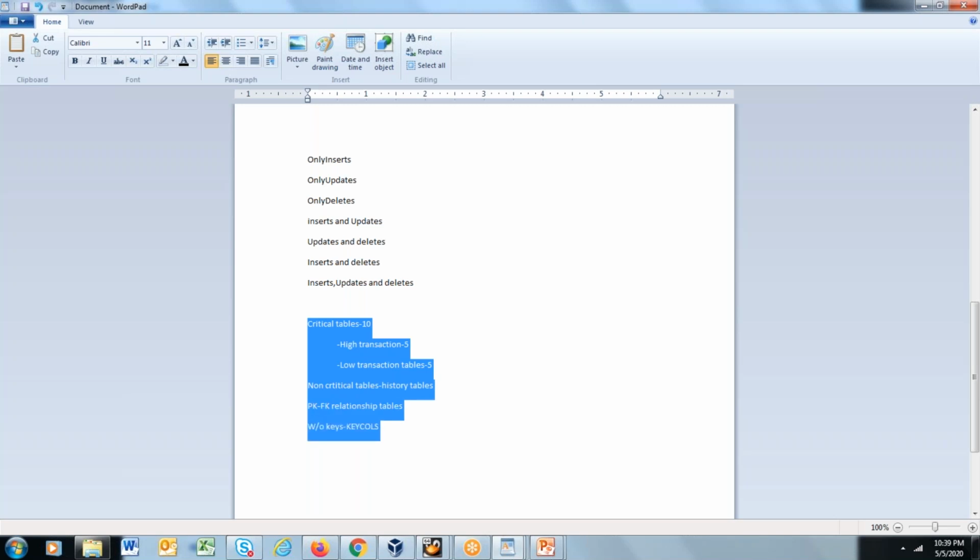I always say one thing, and I always repeat this in all my training sessions. If you design your Golden Gate properly, you are not going to get any issues related to performance in Golden Gate. If you spend 80% of time in design and 20% of time in implementation, trust me, you will not get any issue in Golden Gate. But if you spend 20% of time in designing and 80% of time in implementation, I can sign a paper, you are bound to get a lot of issues. So one thing is, spend some time before go live.